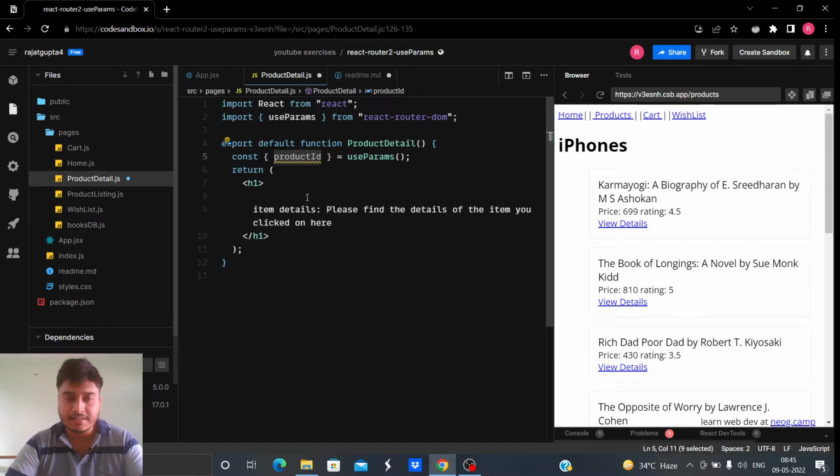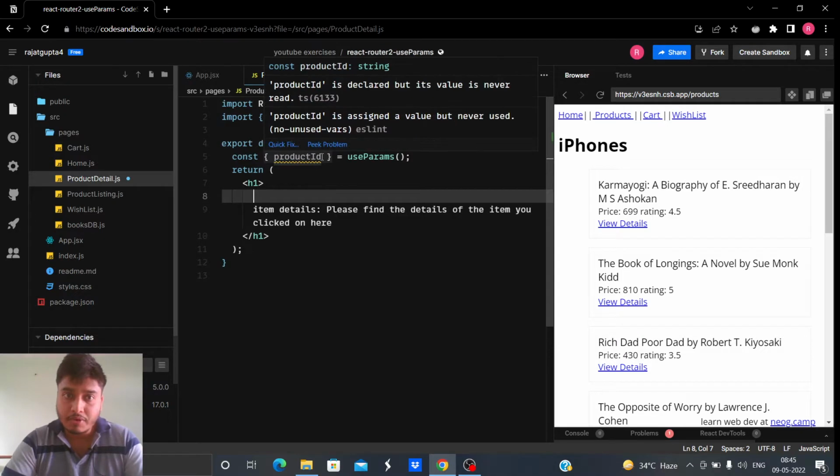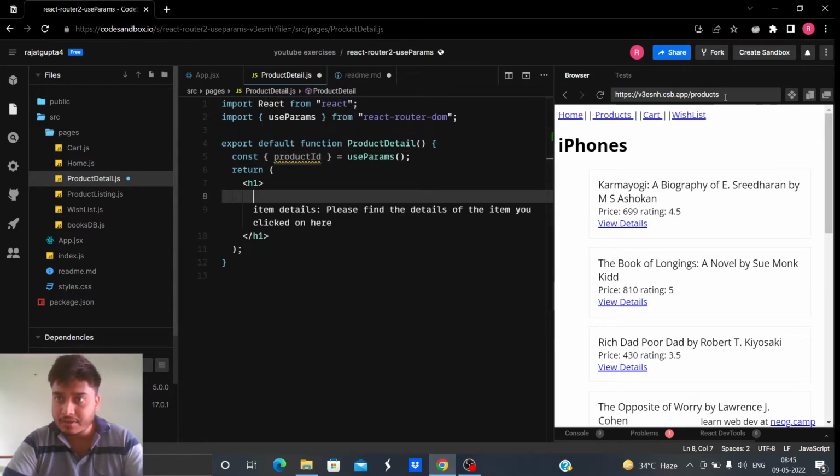It is not necessary to use filter. You can just use the find method of JavaScript and find the particular product having the same productID and display it here. Since the productID is changing every time, you can see the changing productID in the URL also, so the details will also change in here.